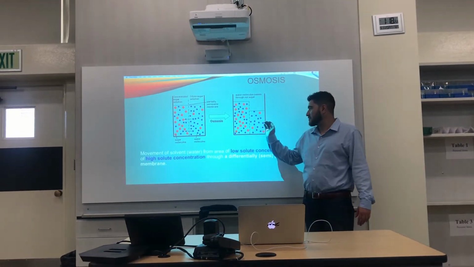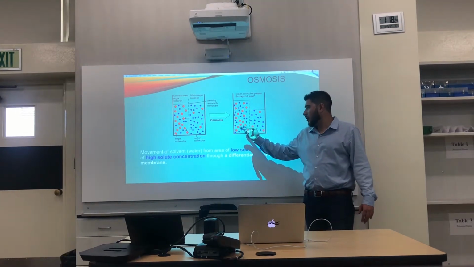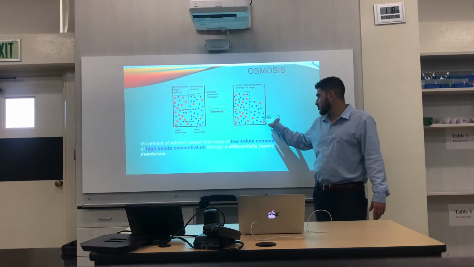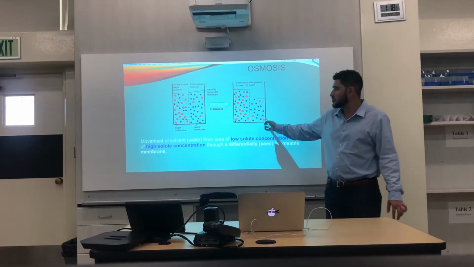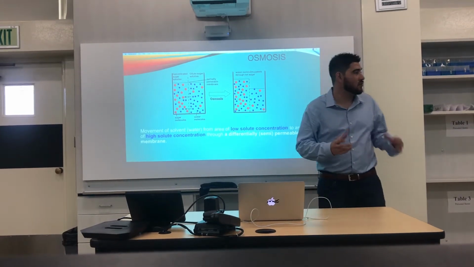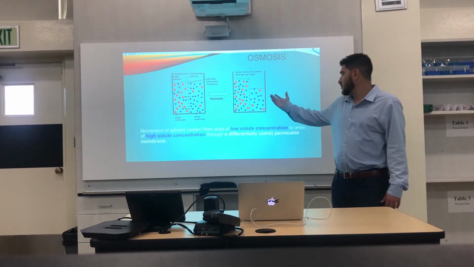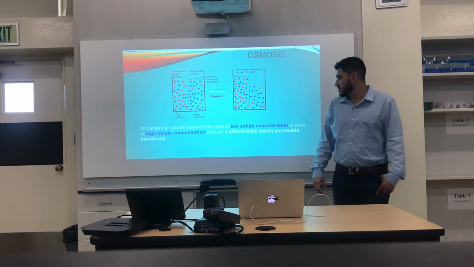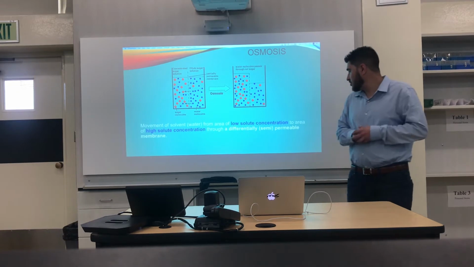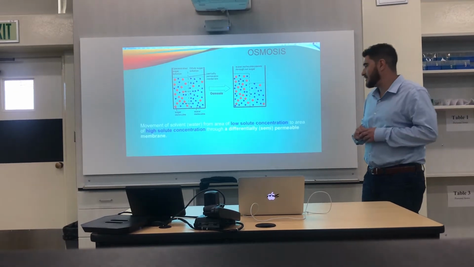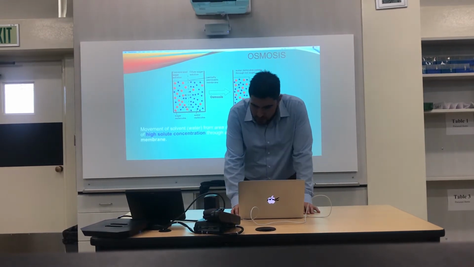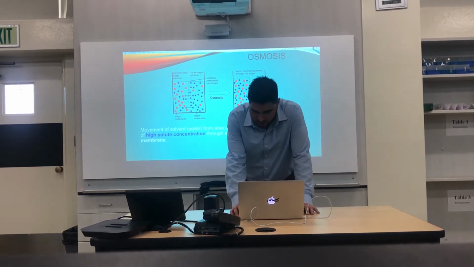It wants to try and have the ratio of water molecules to sugar molecules on this side equal the ratio of water molecules to sugar molecules on this side. And as you can see, there's only 3 sugar molecules on this side, so it has to really work to try and get those sides equal compared to the over 10 or 12 sugar molecules on the other side. So we're moving from an area of low solid concentration to an area of high solid concentration. It's still moving down water's concentration gradient.